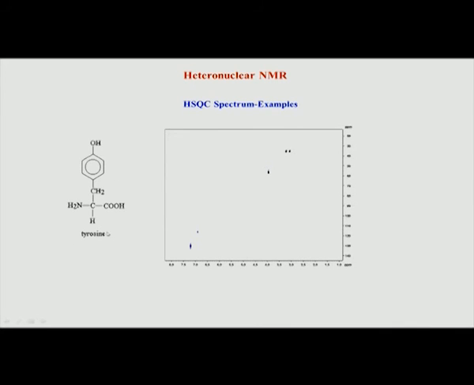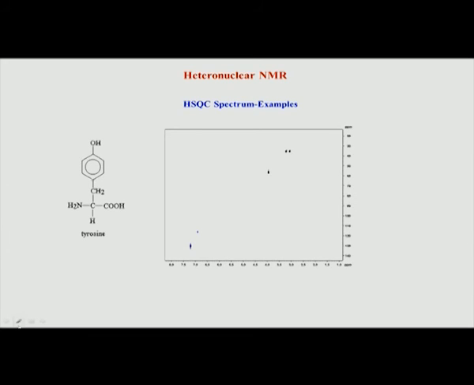So, if you look at this tyrosine molecule, you have a CH pair here, a CH pair here, a CH2, and many CH. There is a CH on this side and this side, there is CH here and here, and there is no CH here. Now, like we saw in the case of simple aromatic compounds, you may think about whether they are chemically equivalent, but these two are not chemically equivalent because there is an asymmetry here, this carbon, which is chiral. But what happens is that this amino acid rotates rapidly around this axis.